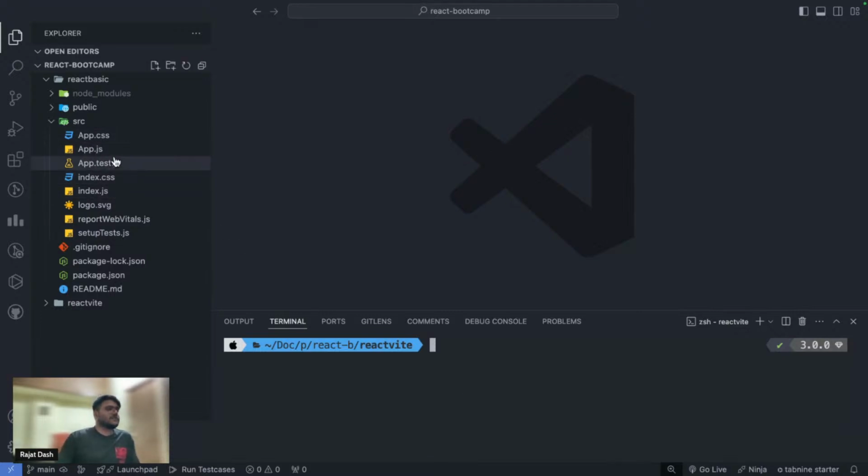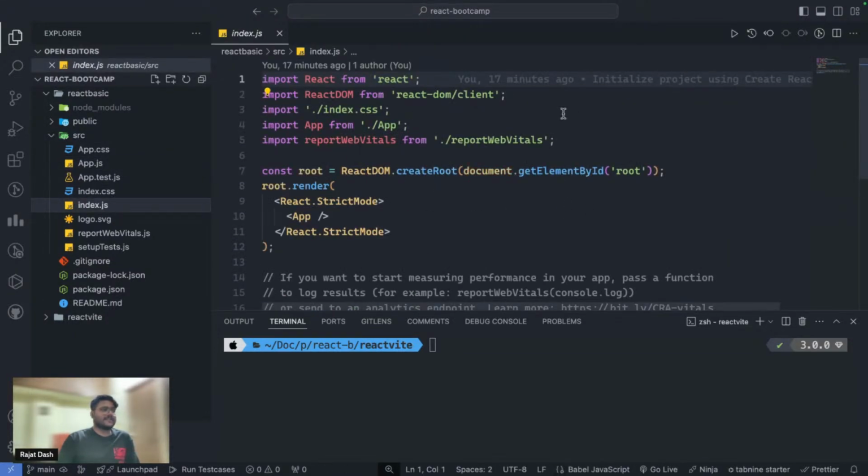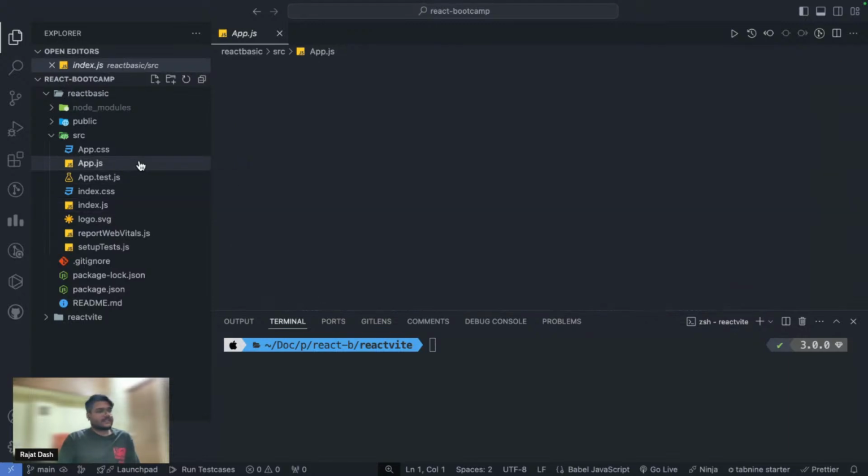So in the source folder, you can see a lot of files out there. You can see setupTests, reportWebVitals, logo, index, index.css. We don't require all these things. We only require two files. If I say it very naively, then only one file is required. That is our index.js, and you can see some code out here. And one more file is App.js to get started.